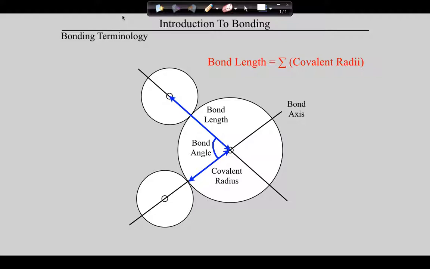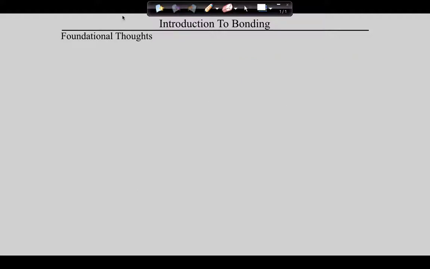You guys good? You all caught up on terminology? You ready to start thinking about bonding a little bit? Okay, so guys, these are then the transitional thoughts that you need to understand in order to understand this idea